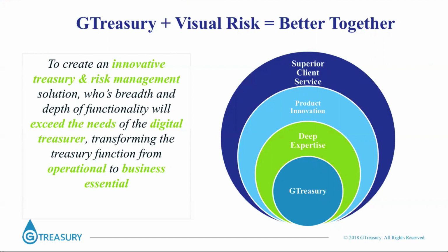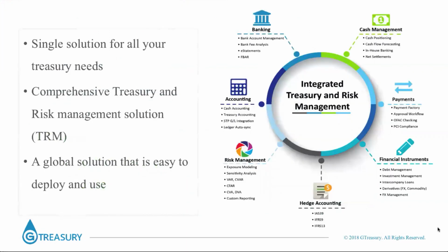And as you move to the new vision, the new system, can you explain what we're looking at here? Because integrated treasury risk management solutions, almost everybody says that. Well, I think we have a real single solution now that covers all of the needs of the Treasury Department, from the front office, middle office, and back office. So if you look at the picture, it goes anywhere from the connectivity to banks. We have over 2,000 banks we're connected to directly, plus, of course, the SWIFT connectivity to some 8,000 or 9,000